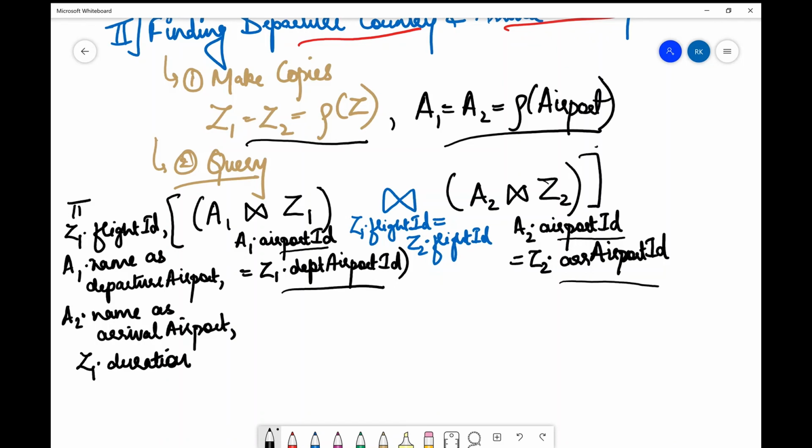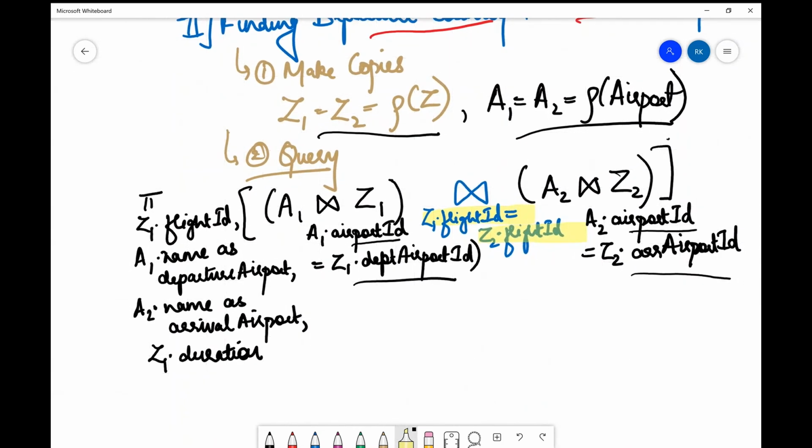And then we join both of them saying that the flight should be the same. So Z1 dot flight ID equals Z2 dot flight ID. Finally we project the required information: Z1 dot flight ID, comma A1 dot name as departure airport, A2 dot name as arrival airport, and finally Z1 dot duration, right?